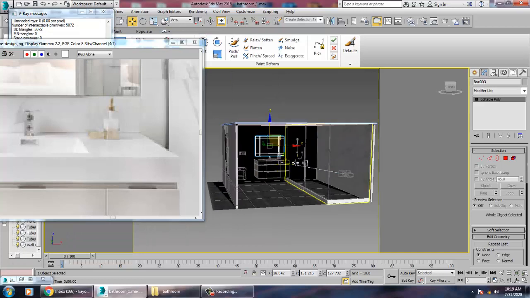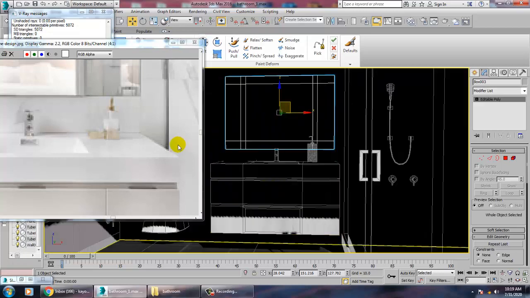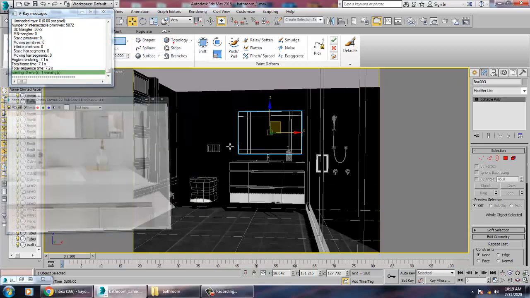So we can just place up a camera over here. Save your file.